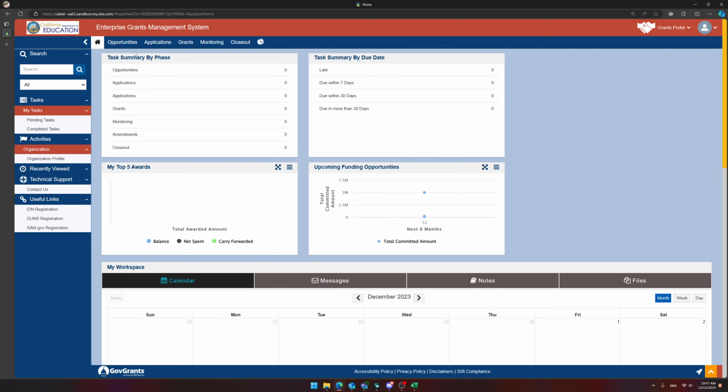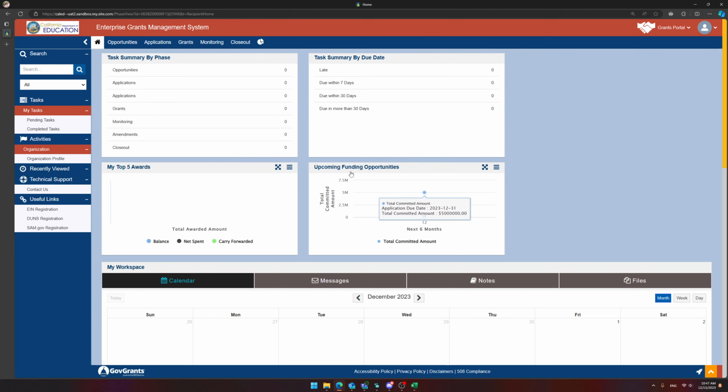First is their phases start at the opportunities phase, where they will start by being able to look at the published opportunities, right? The published RFAs that CDE has published. And then they'll go from there. They don't have access to the same planning features that CDE does because they're not managing programs, they're not managing key performance indicators or anything like that, right? So they don't have the planning phase. Their work starts from the opportunities phase. Other than that, though, like I said, it's very similar.